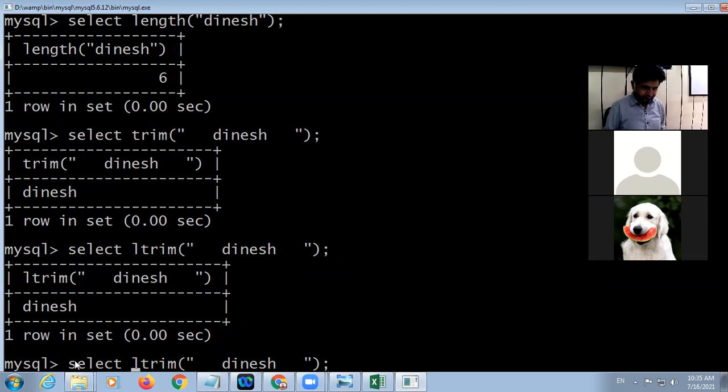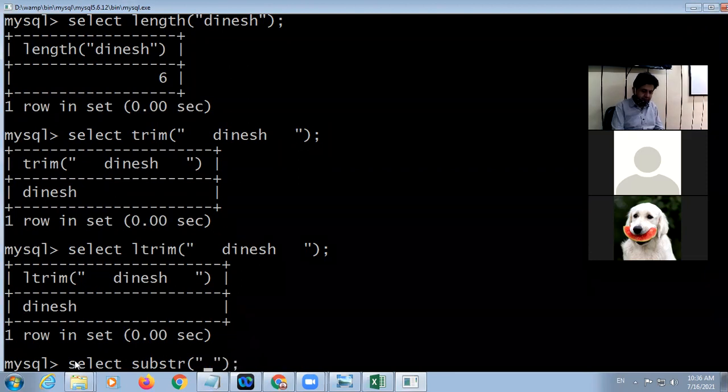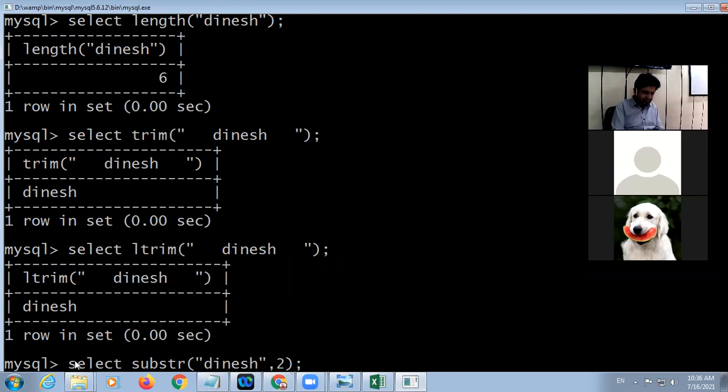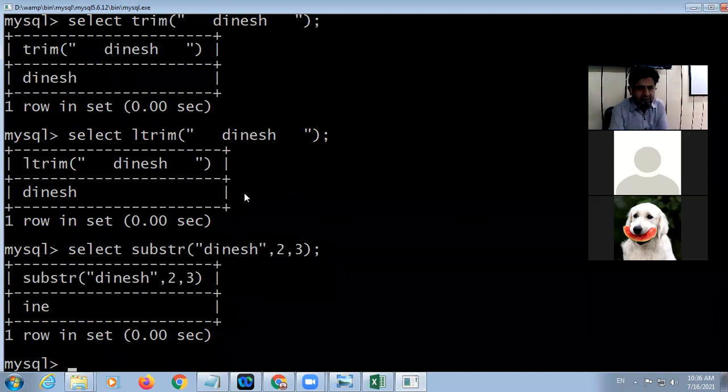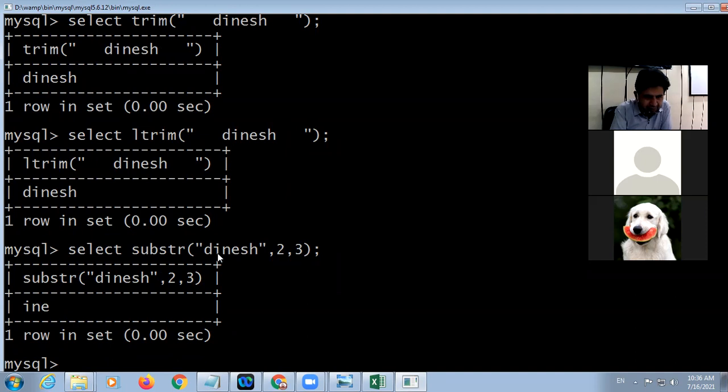Select SUBSTR. Here, suppose the string is here, and we want to start from the second character, and we need 3 characters. So look at here, 1, 2, second character is I. So starting from I, 3 characters, I and E. So this is called substring.